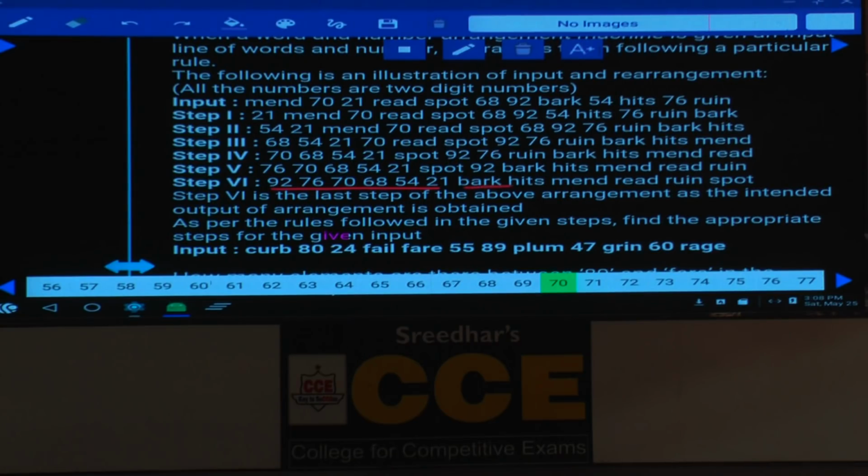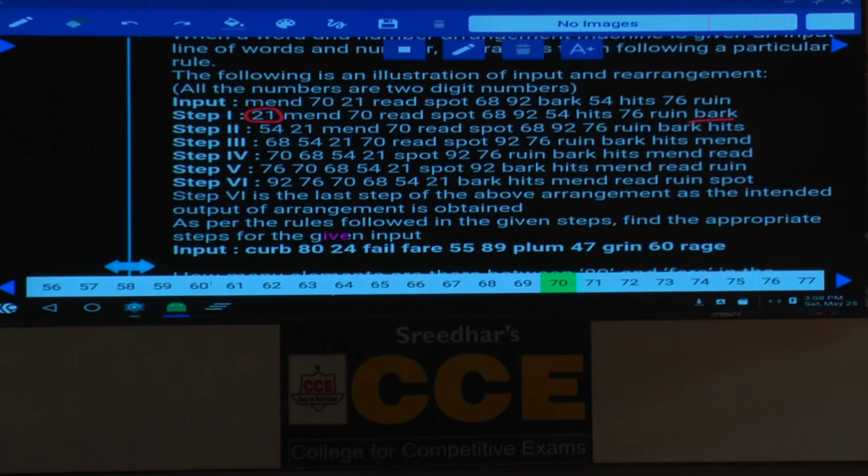And followed by the words in ascending order: bark, hint, mind, read, ruin, and spot. Now the words are in ascending order, numbers in descending order. Then coming to step 1 here. Now in step 1, 21, the least number, comes to the first place, and bark, the least word, comes at